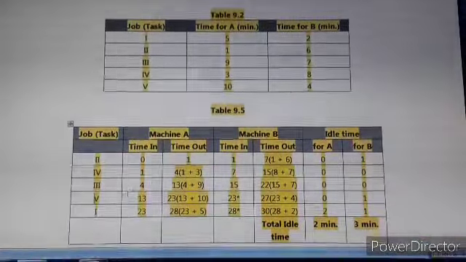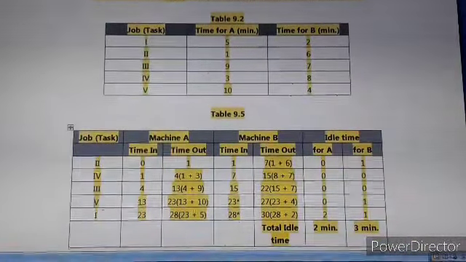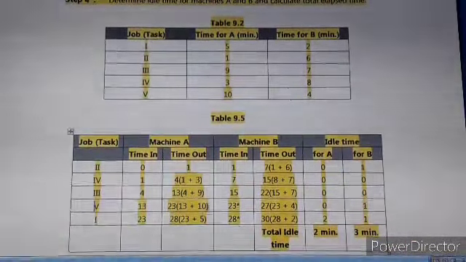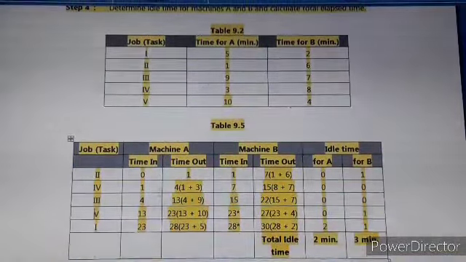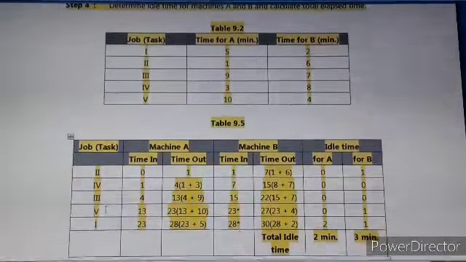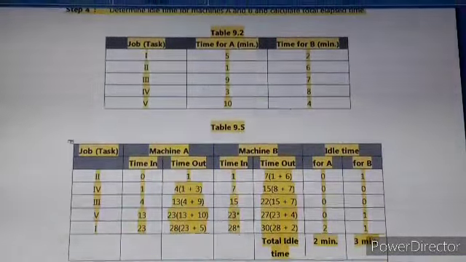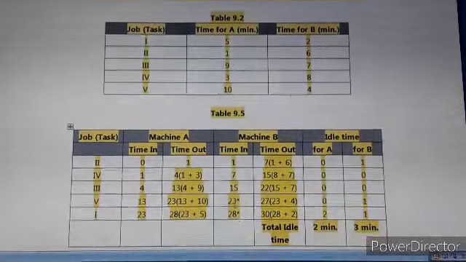Now since we need 23 minutes for processing of that job 5 on machine 1, that's why time in for job 5 on machine B is 23 minutes. So that's why here it is star mark. That is very important.